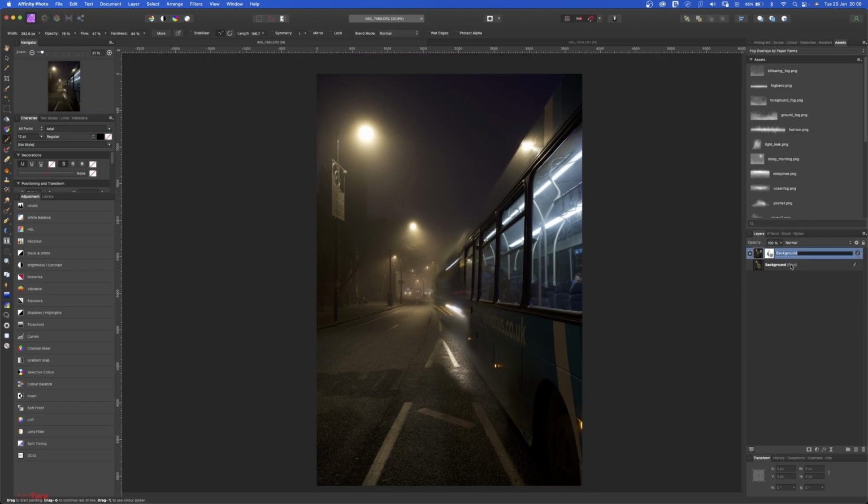Now I want to create from these two layers a new layer that contains everything, and basically it's merge visible. It's going to create a new layer with these two layers here incorporated. As you can see, now you have one. So if I go, for example, in adjustments,